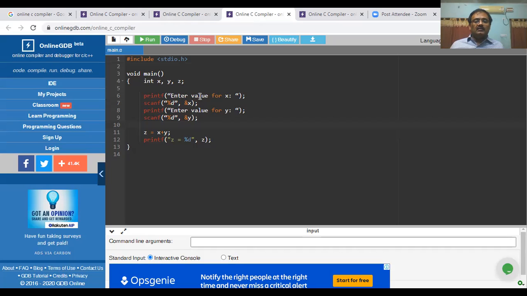Here is the third example. Here also, of course, the program starts with the hash include stdio, void main, x, y, z. I am declaring them as integer variables. Now I am using scanf. Scanf is used to dynamically assign values to the variables.